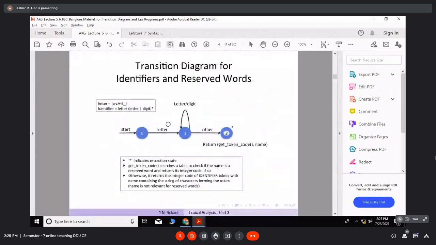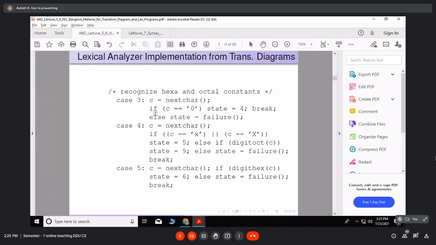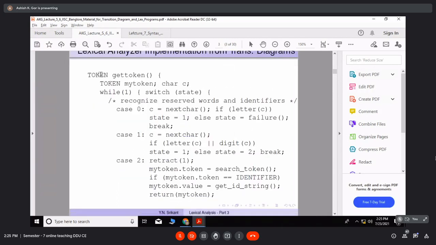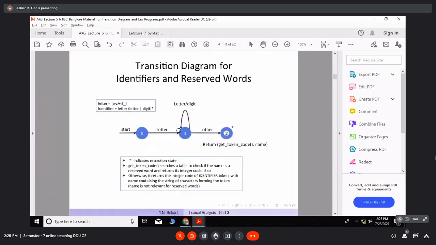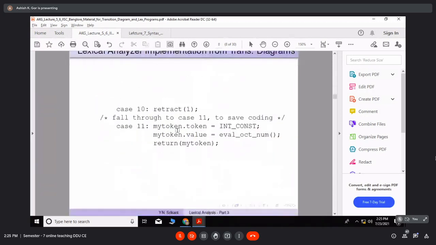Each state is one case, a switch case, and depending on the input, you iterate through this, and there is a while loop. So this code we have seen in the last lecture.